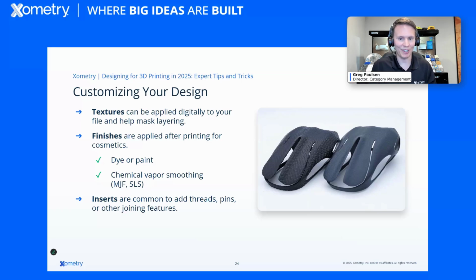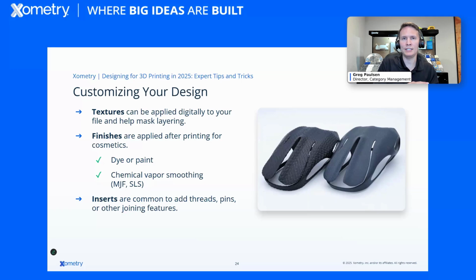Texture is something that's digitally applied. This is different than texturing a tool for injection mold, for example, where you're adding that feature to the tool. This is something where your CAD file will have those features to it. This mouse, actually, I was playing around with a Formlabs tool that came out called Meshy, and I added some snake skin to my mouse cover here. And so I designed my original design, which you see on the right-hand side, and then I applied a digital